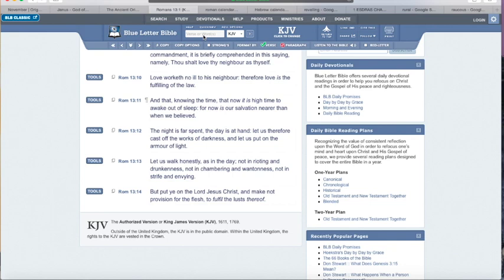All right, but it says, verse 12, the night is far spent, the day is at hand. Let us therefore cast off the works of darkness and let us put on the armor of light. Okay, and the scriptures tell you in Proverbs 6:23 that the law is light. Okay, so verse 13, it says, let us walk honestly as in the day, not in rioting and drunkenness. So those are the things that happen. Rioting and drunkenness, not in chambering and wantonness, not in strife and envy. Okay, so